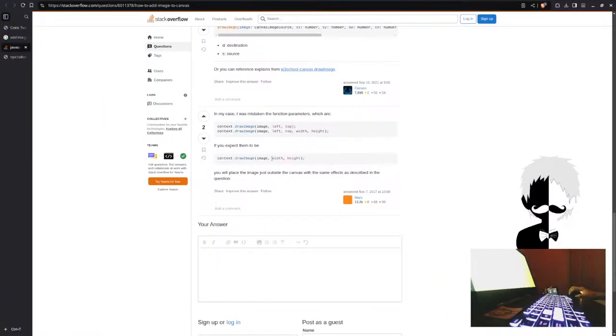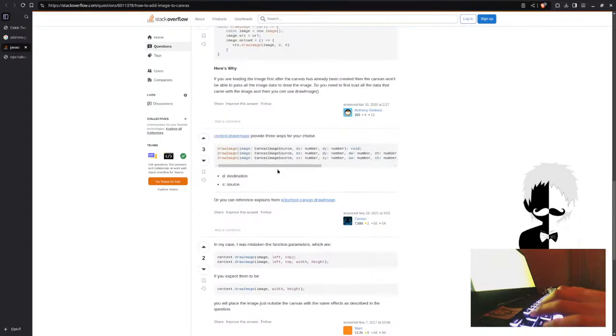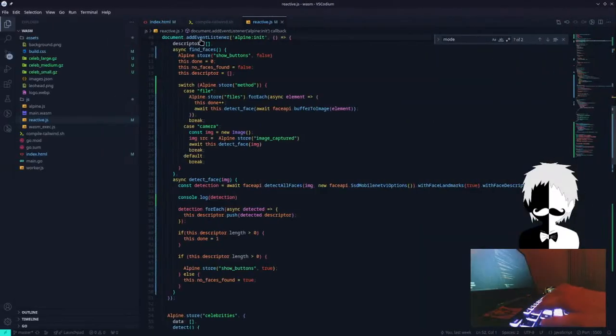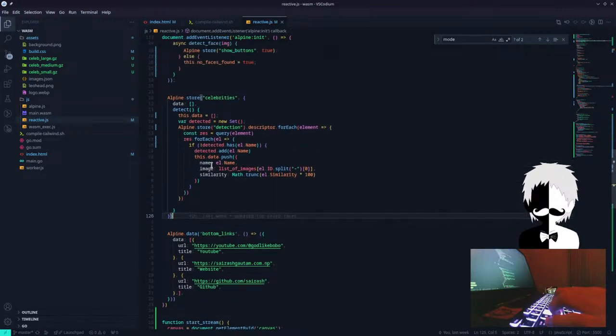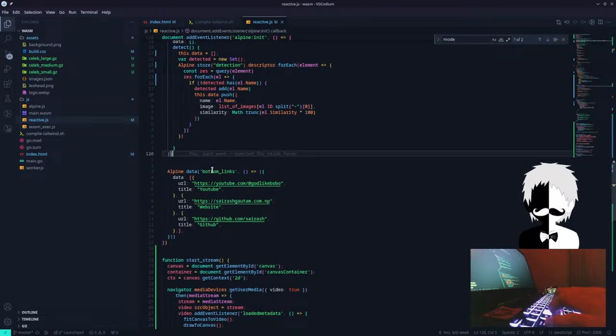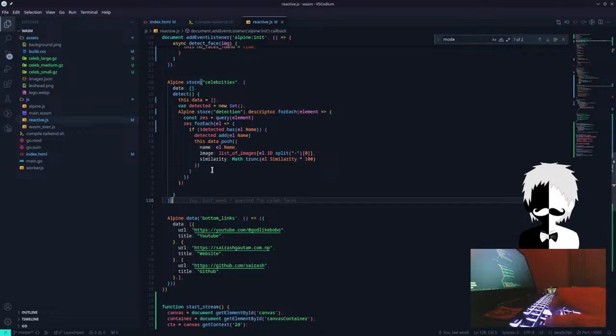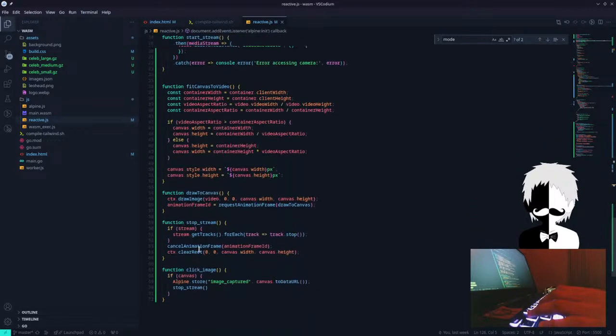So I need to draw it. Okay, let's do it like this. Once you hit export, what it's going to do is